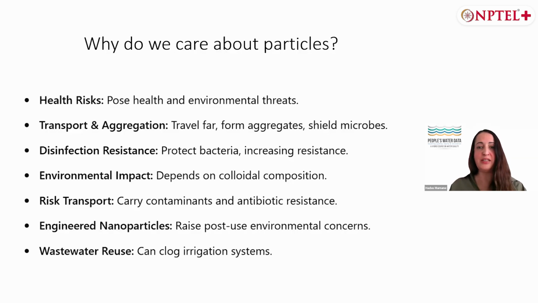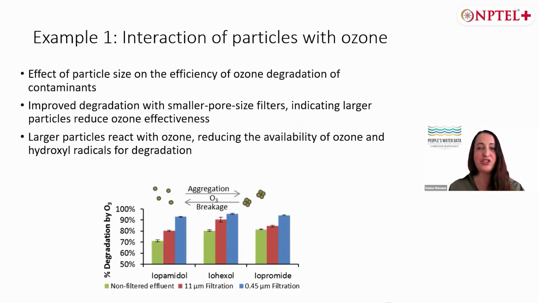However, when we irrigate our fields with reused effluent water, these particles can actually clog drip irrigation systems, especially the oxides. And therefore, it's really important to understand which particles, or if we have particles in the water, and its content. So I'd like to show you a few examples on how particles interact with different types of water